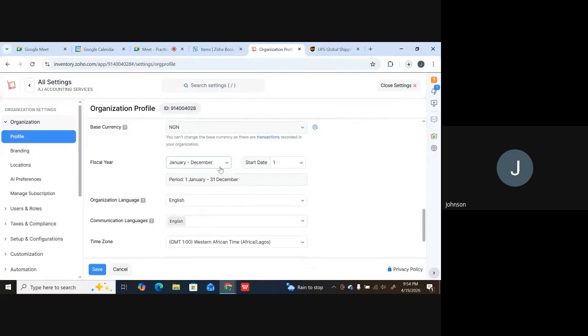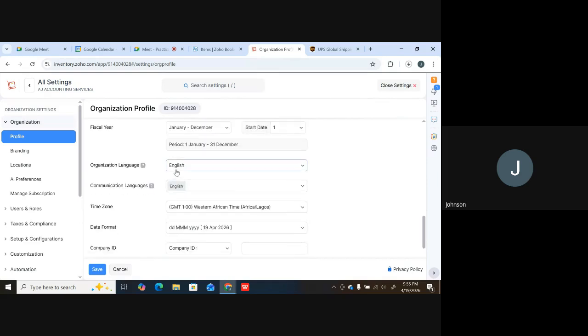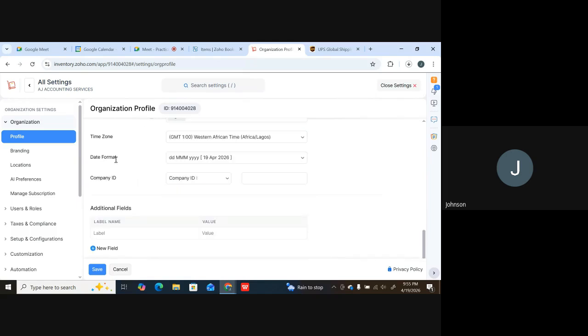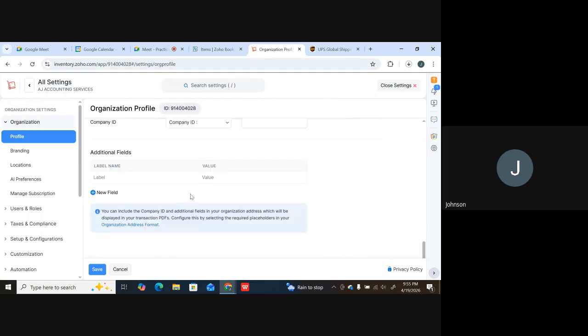Okay, fine. Our fiscal year is January to December. Start date 1. Okay, so period January to December. Organization language English. Communication time zone. Date format. Okay. Then company ID, you can put it, additional field and all that. So this is fine. Now, don't forget that what we're trying to do is I want to get our location,